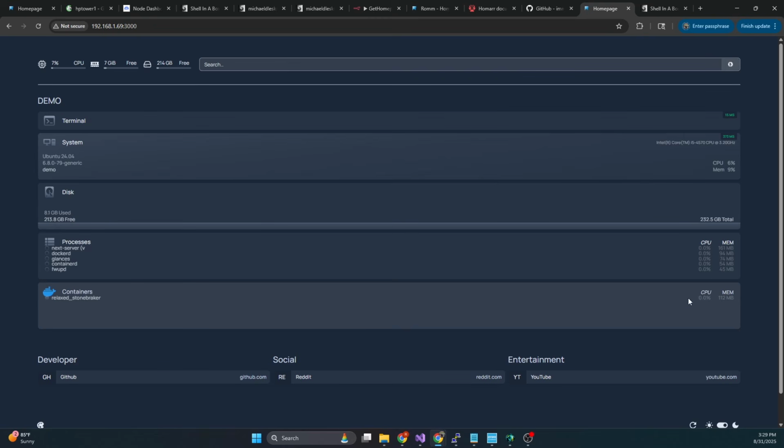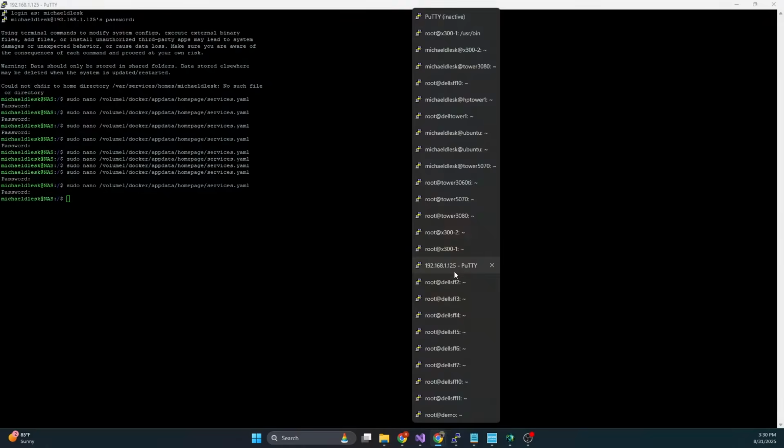But that is the only Docker container that is running on this system. But this is a super easy way to get visibility into that system. And obviously you can do other things. If I hop on over,